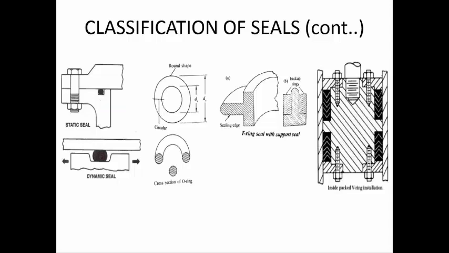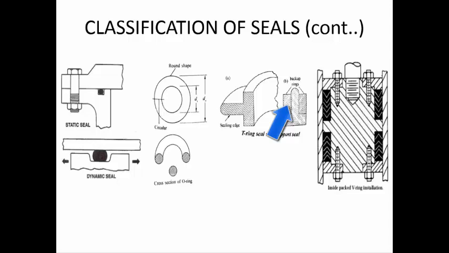Now what is the T-ring seal? This is the cross section of the T-ring seal. It will not be used straight away. Usually, along with the T shape, you will be having additional sealing materials. It may be a metallic ring placed in order to strengthen the vertical structure of the seal. If it is as it is, then whenever it is trying to move up and down, this T-shaped projection is going to have some deflections and it can fail at this particular point. So in order to make it stronger, we are using some additional components here.